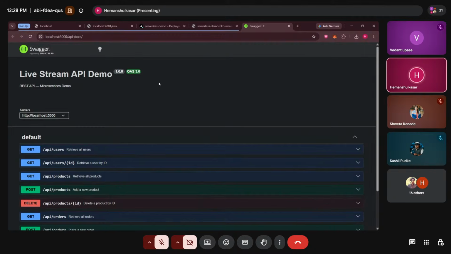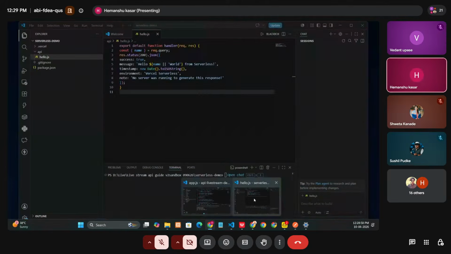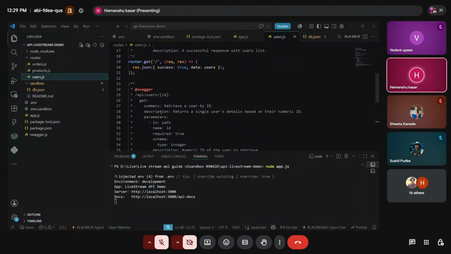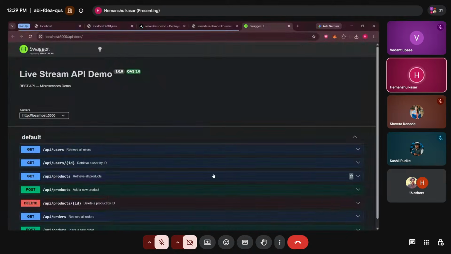I did not write a single line of HTML. swagger-jsdoc reads the JSDoc comments above each route and Swagger UI Express renders them. As in the code, we can see these comments we have defined, and they will be generated automatically in the document generated by Swagger.